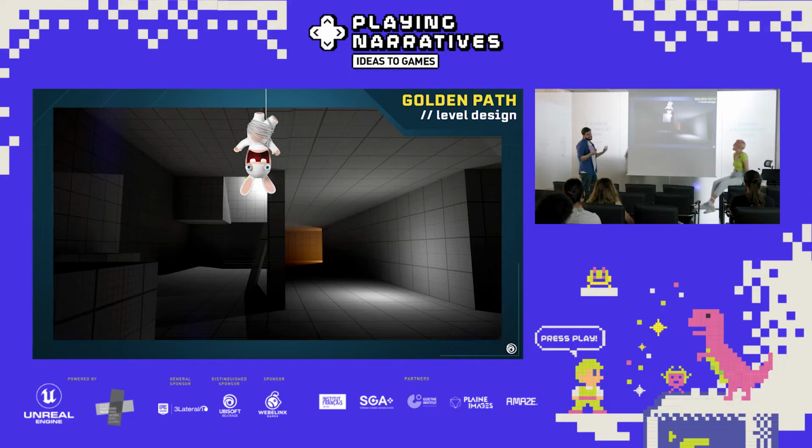But again, we want him to not be lost and know where he's going. That's why we have the golden path. Golden path, or the main story path, or a main path in general, is the path that the player takes from point A to point B to complete the level. In this case, and in Rainbow Six Extraction, we used light and warm colors to signify to the player where the end is, or the safe place is.